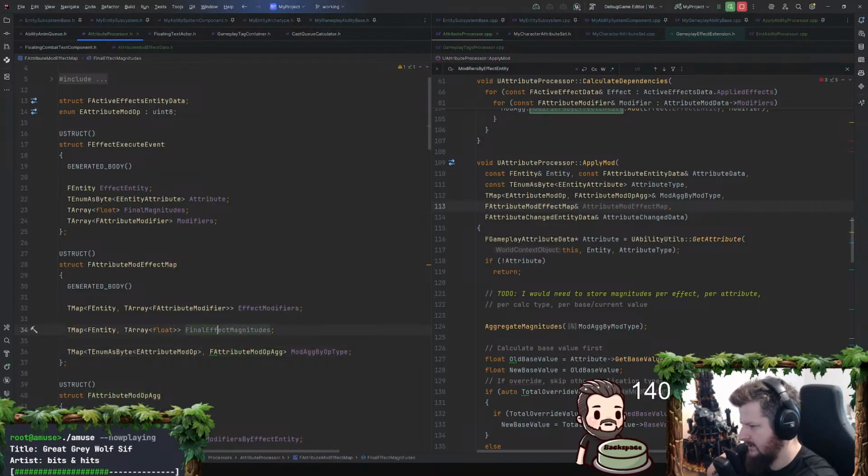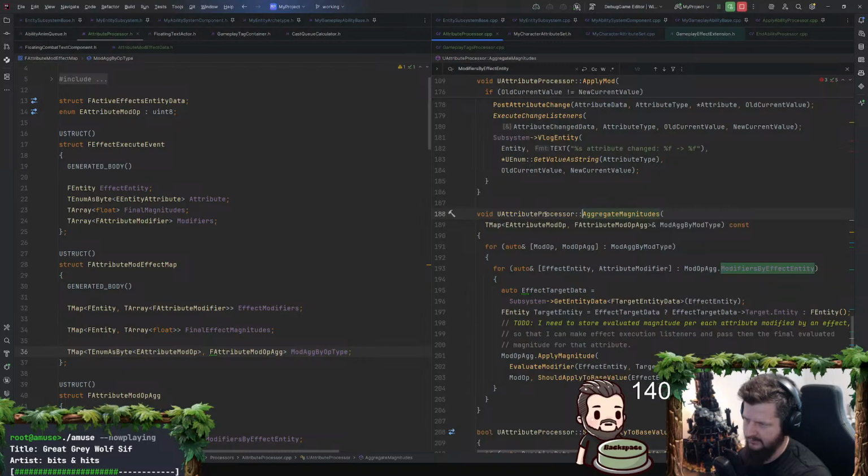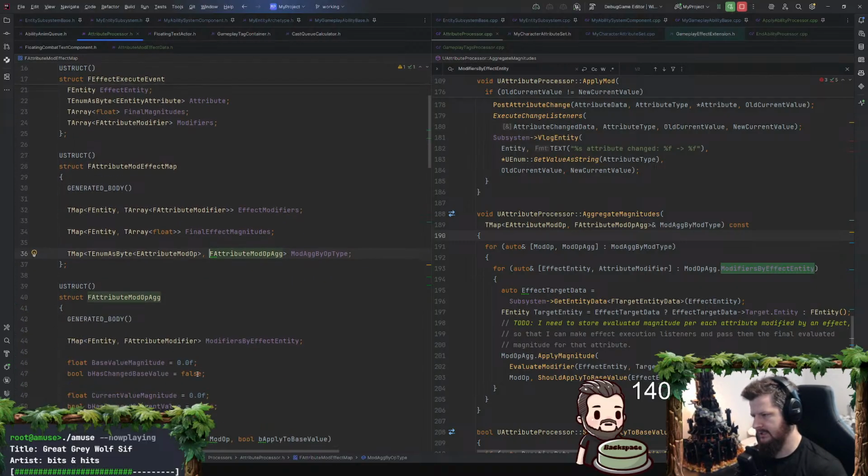I don't know that I need this. I think I would just grab it by the mod ag by op type, which I guess is what aggregate magnitudes is. Yeah, I don't think I want to. We may actually need a T-array of this. Do I need a T-array of that?